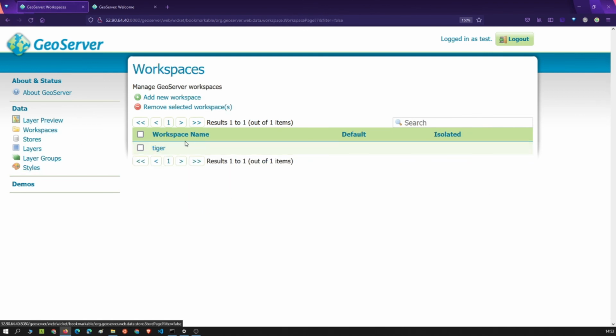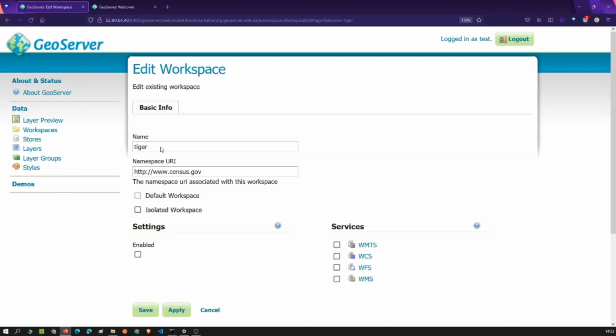So there is only one workspace now visible, Tiger. And again notice that you can't change anything here. No security can be changed because that access is only given to admin. Only if you inherit that can you change it. So you can't change workspace settings and these things, but you certainly can add a new layer to this workspace.